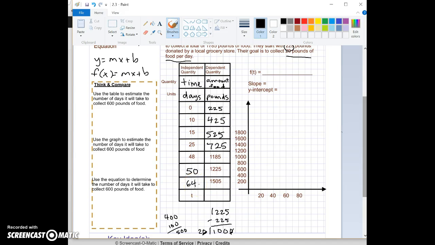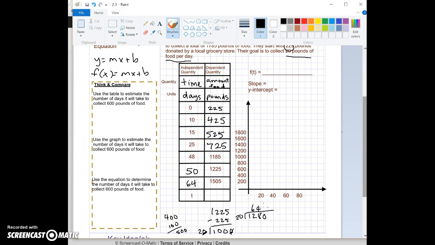1,505 minus 225 gives me 1,280. When I divide that by 20, because 1,280 is really the amount that I collected, since I started with the 225, I get 2 goes into 12 6 times, 2 goes into 8 4 times, and those zeros cancel themselves out. So 64 days. So now we've figured out a lot of information here, and the next thing that we need